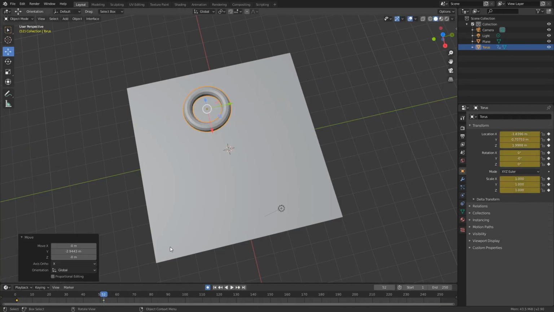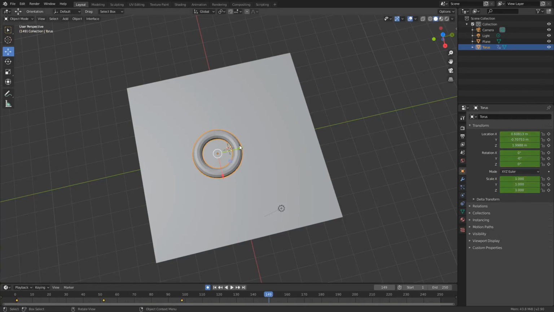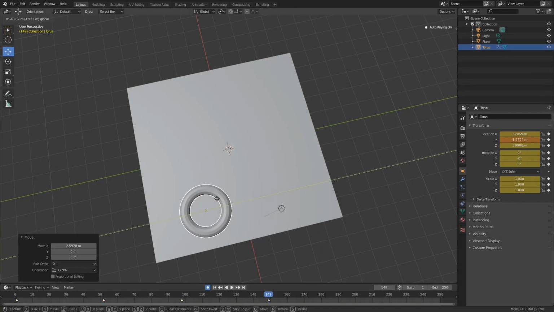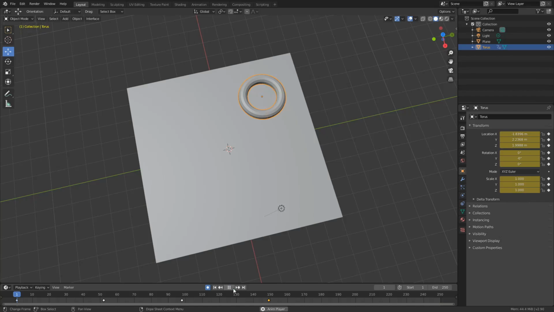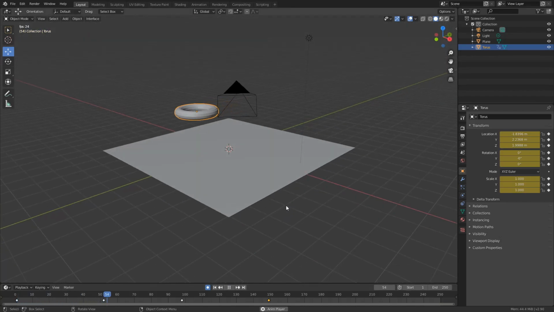jump to frame 50, jump to frame 100. So we have something very basic and it's pretty horrible to be honest, but it should give us an example of the product that we want to make. But anyway,